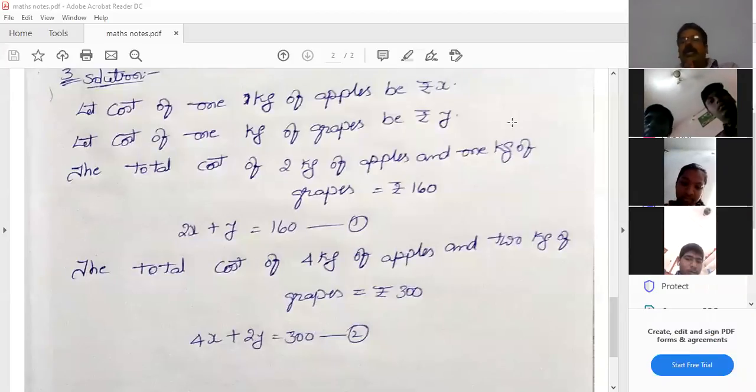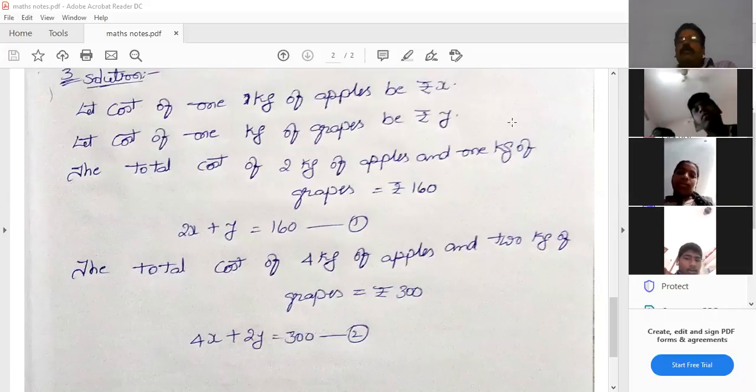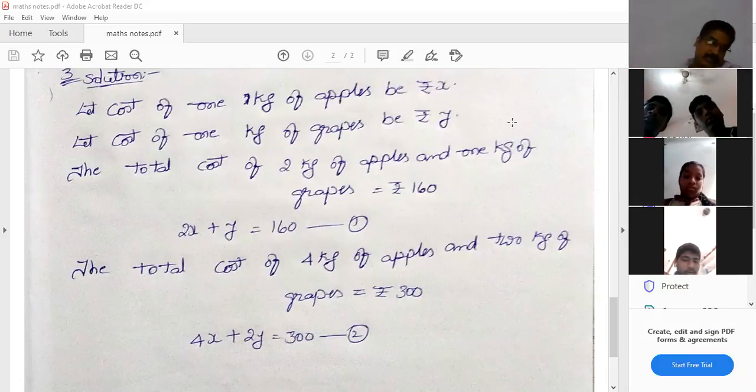Okay, very good. Now, for the pair of linear equations, solving graphically and representing algebraically means those word problems you can convert into linear equation form. Understand? According to conditions, we can convert into a pair of two equations. Two conditions they gave in the question, we can convert into two equations. Solving graphically we have completed. Now solving algebraically, I will explain in the next classes.